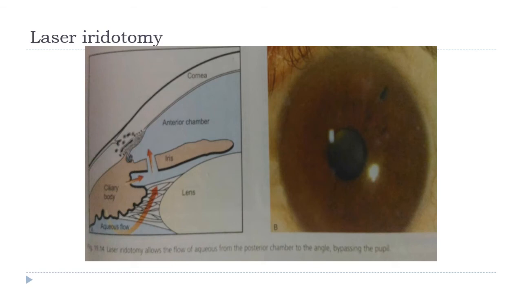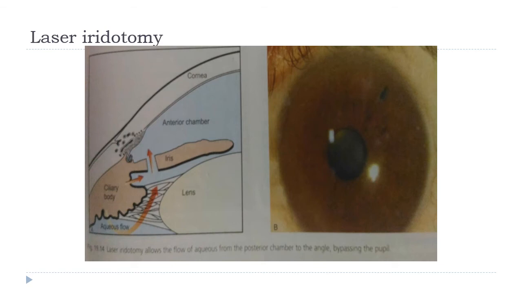Whenever there is an opening, you see a gush of aqueous coming out, so you have to do an adequate size of peripheral iridotomy, because in future, after a few years, there is a chance of closure of the openings in the peripheral iris.